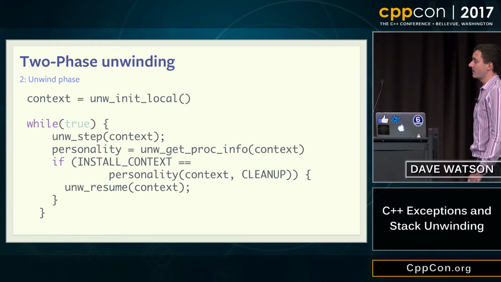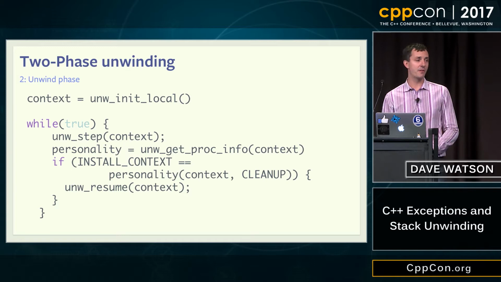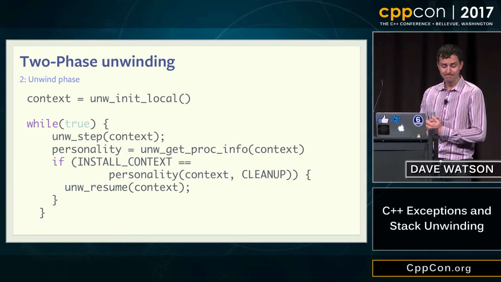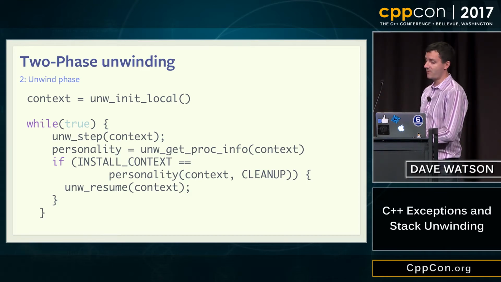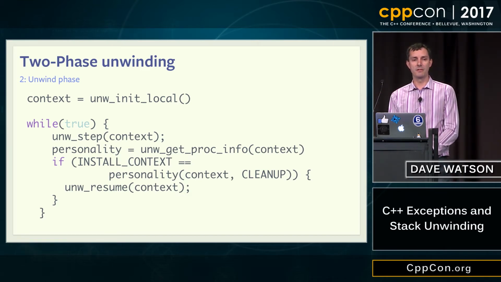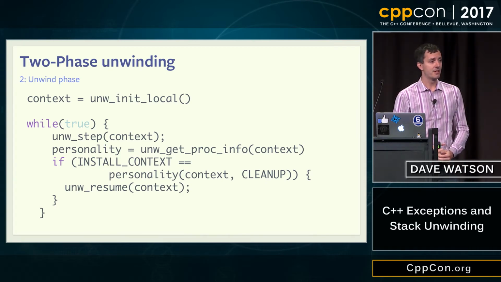So let's say we found our handler. We're now going to start the second phase of the unwinding. We restart from the very beginning, unwind init local. Next, we step again right away, and grab the personality routine. This time we call it with the cleanup enum. So this time it's running all your destructors. It also